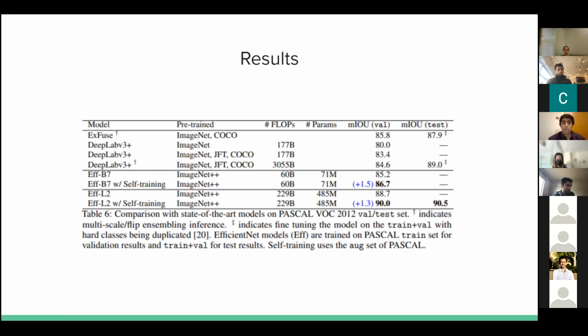So we see that the EfficientNet B7 and the EfficientNet L2 are only pre-trained with ImageNet++, and we aren't really considering the weaker ImageNet pre-training or randomly initialized, because as PASCAL is a smaller data set, it still will benefit from pre-training. Remember, as we talked about before, only as we increase the data size does supervised pre-training start to